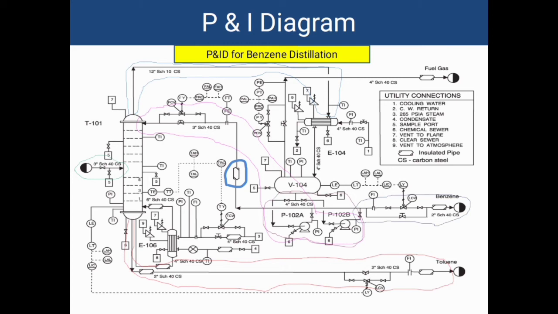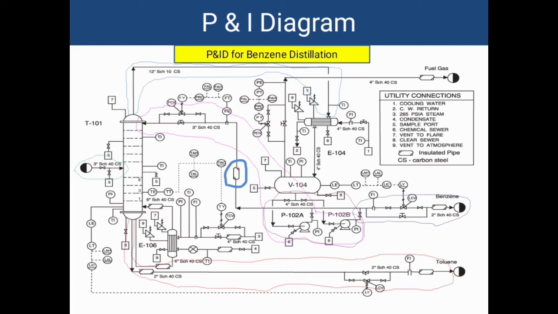and it is pumped through pumps P1 and P2. In P1, one pump is operating and one pump is standby, and the reflux is pumped to the distillation tower. Another line carries the product benzene to the storage, and finally the bottom product toluene is obtained. It is a separate line. There are 7 separate pipelines you have to trace in the plant.